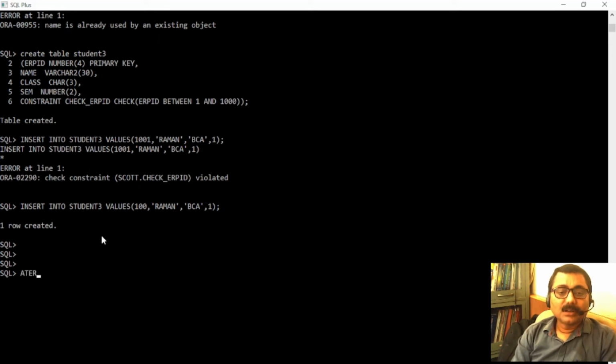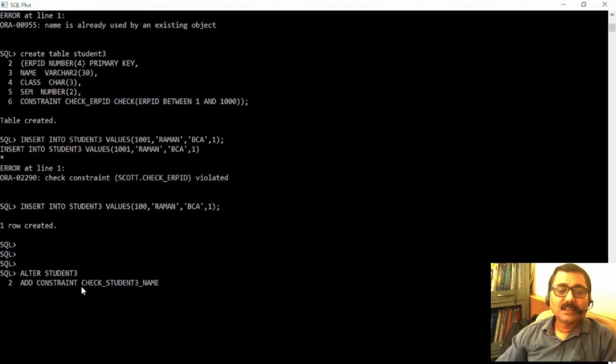So alter table, then table name is student 3. What I want to add, constraint. Constraint name is check underscore table name is student 3 and on which field, name.